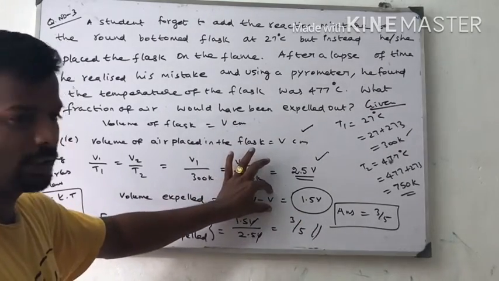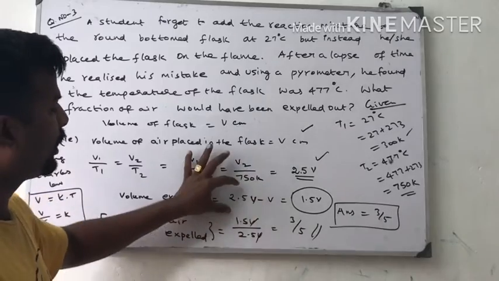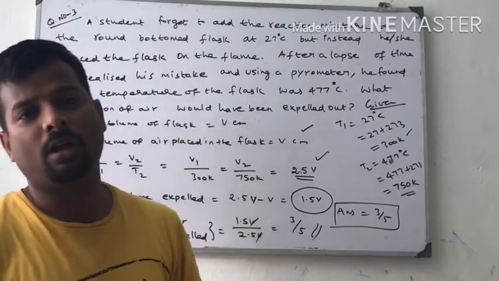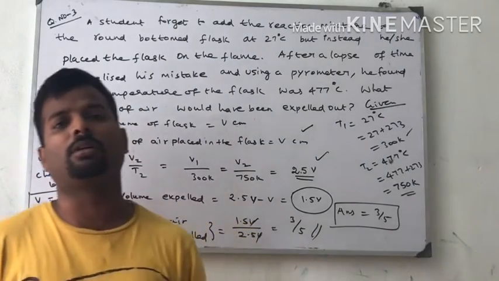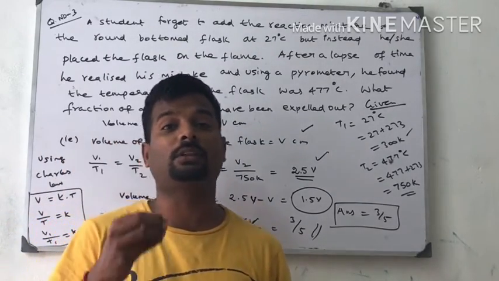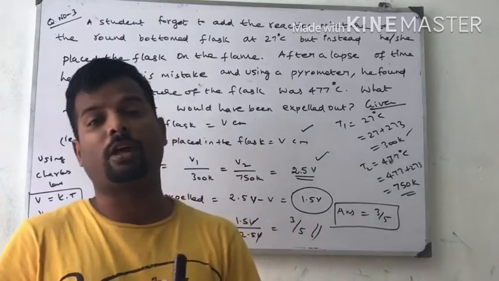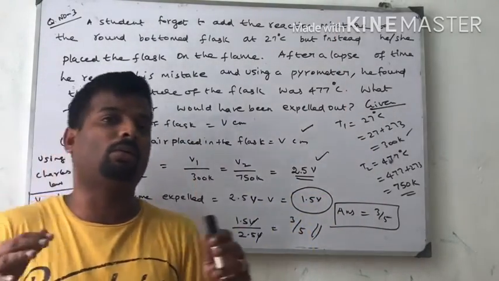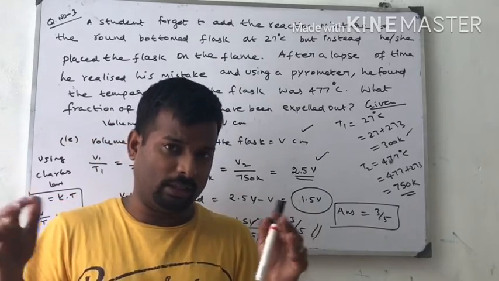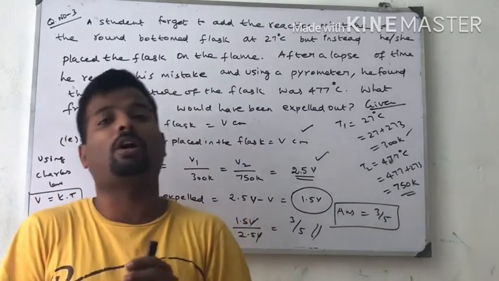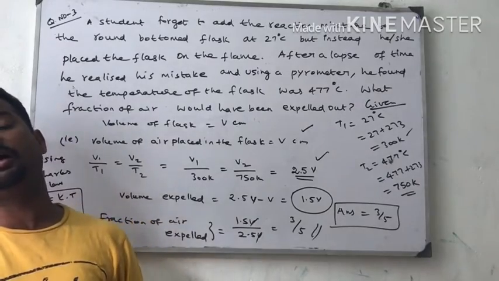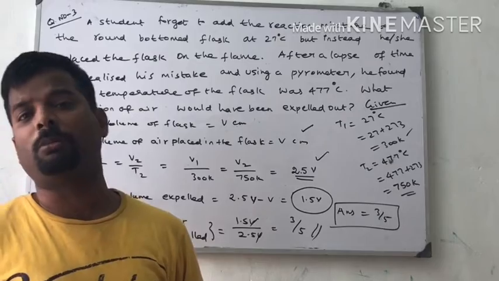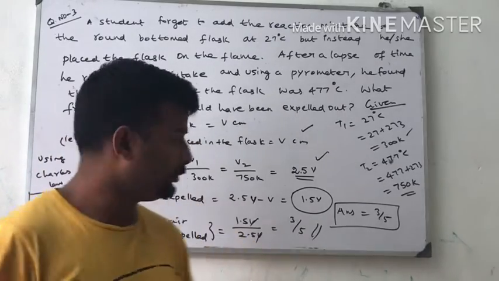Initially the volume of the cylinder is like this flask. After heating, the volume of the gas expands, like in hot air balloons. In a hot situation, the density of the gas is reduced, therefore it is expelled. And in cold areas, the gaseous particles contract. That is why helium balloons are used to find the weather report, the meteorological report.